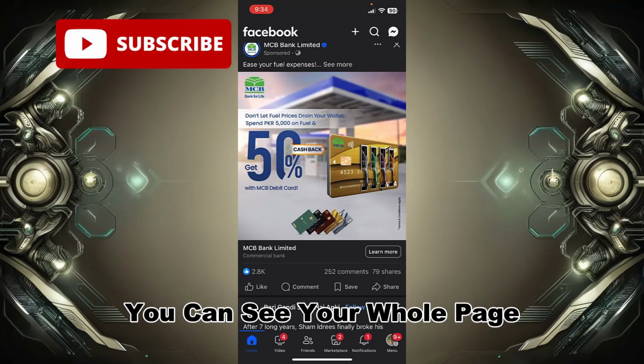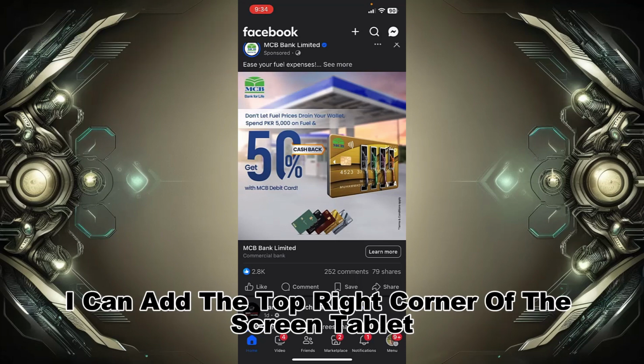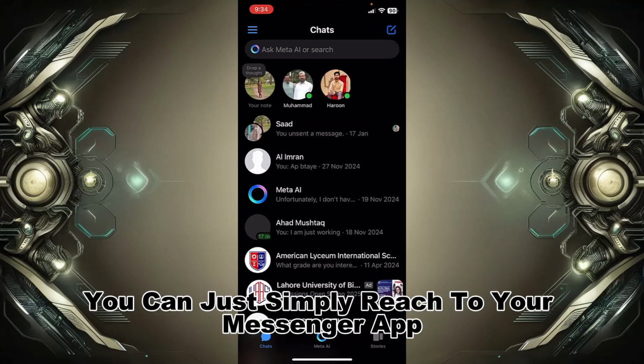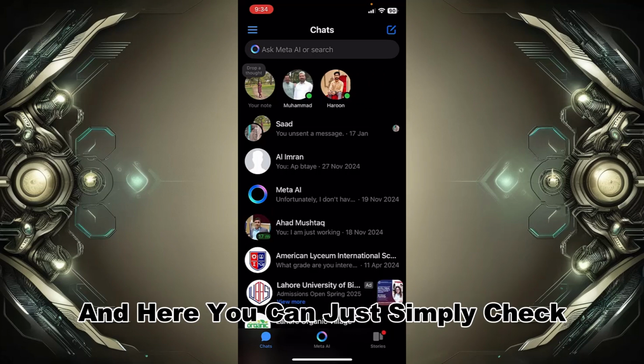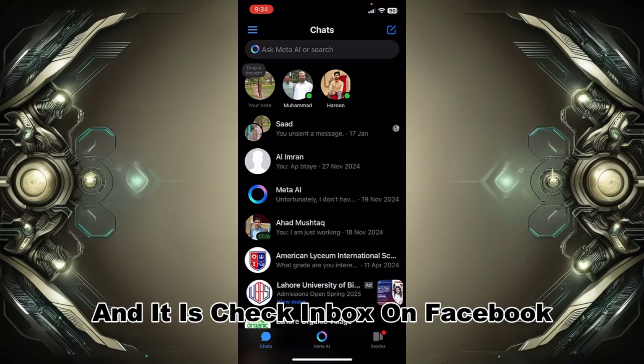After opening it, you can see your home page, and here you can see the Messenger icon at the top right corner of the screen. Tap on it, and here you can simply reach your Messenger app, and here you can simply check any of the inbox that you want to check, and that is the way you can check inbox on